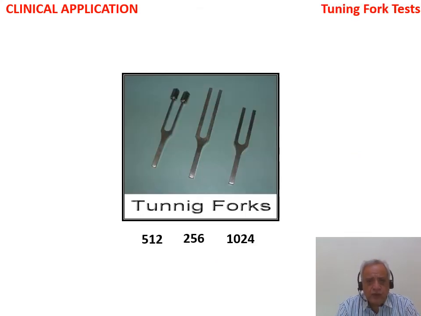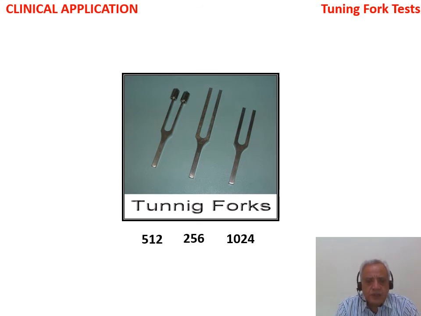But what you should know now is the tuning fork test, because this test you can do easily in your clinic. You can see that we have tuning forks which can vibrate if we strike them. But when you strike the tuning fork, do not strike it over hard objects. You strike it over the back of your elbow. It will produce vibrations. And depending on the fork you are using, the vibration will be either 256 or 512